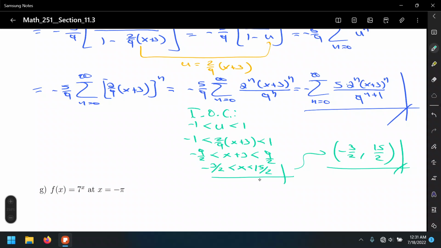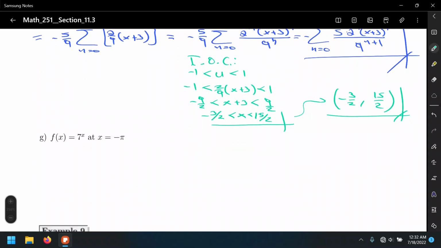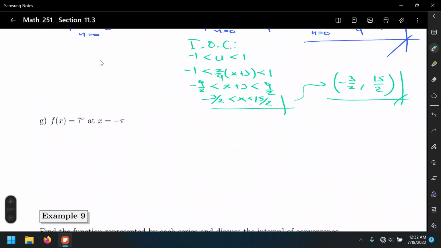Of course, we can just use this as a shortcut. It's not a shortcut, it's actually using the result. Otherwise, if you're not sure how we got this, you can go through the long process, do the ratio test on this one, and then test the endpoints. You should get this. And one more example. I believe this is the last for